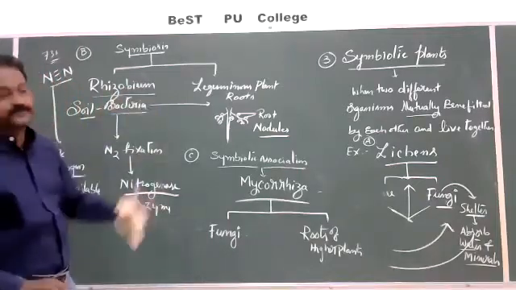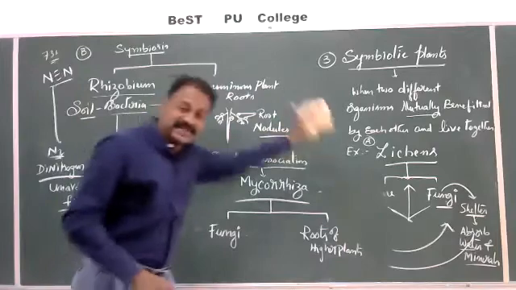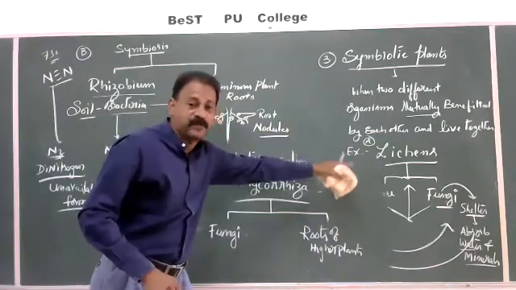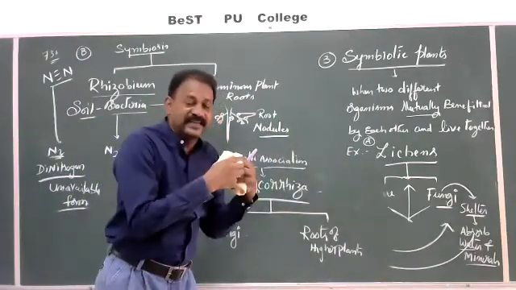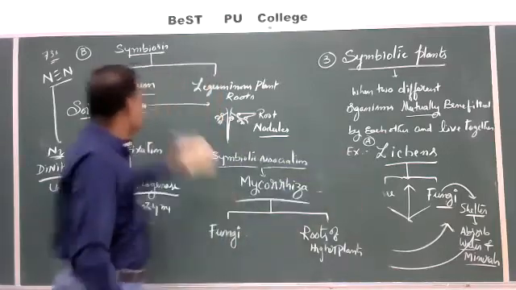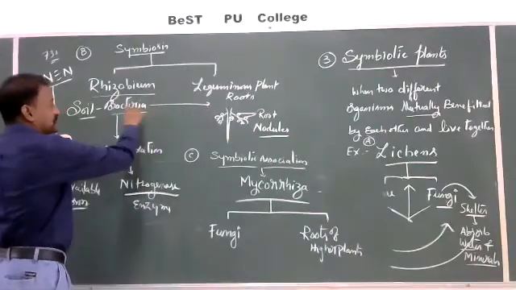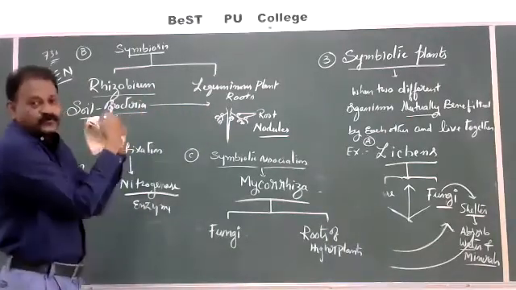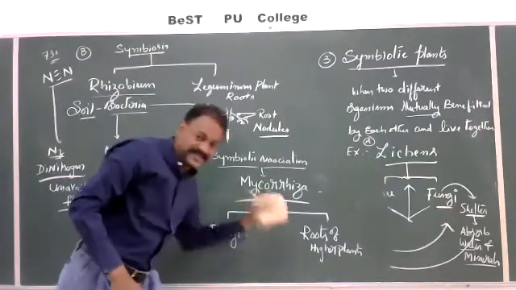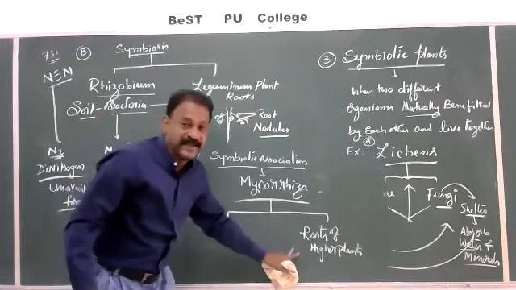Next we have seen the third, symbiotic plants. In the symbiotic plants, we are watching various examples. Lichens, the best example, where there is mutual understanding of two organisms living together like a single unit. Here, symbiotic Rhizobium and leguminous plant roots, root nodule, symbiotic association. Mycorrhizae here means fungi in some of the higher plant roots.